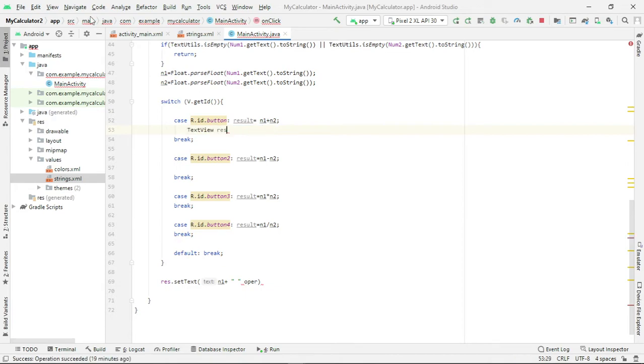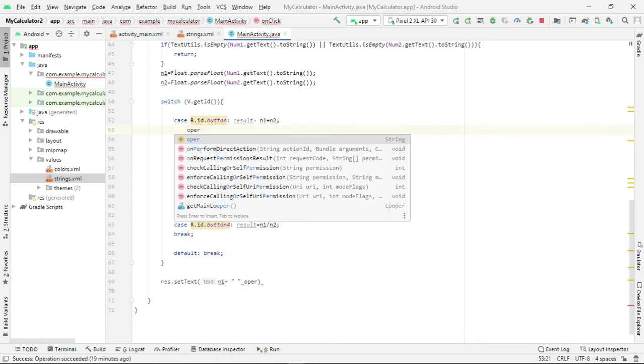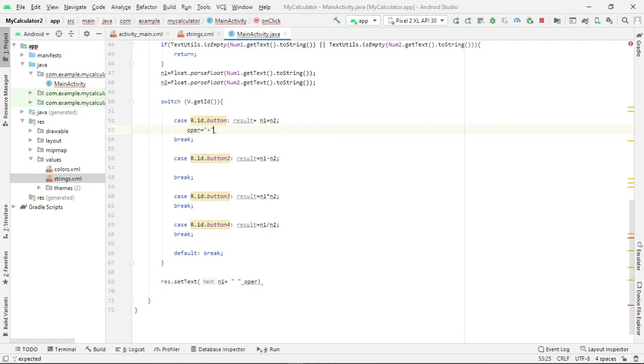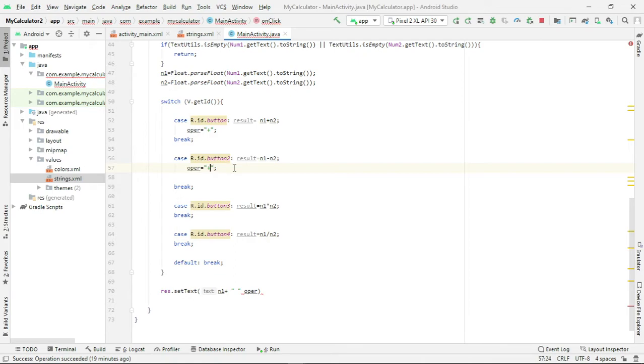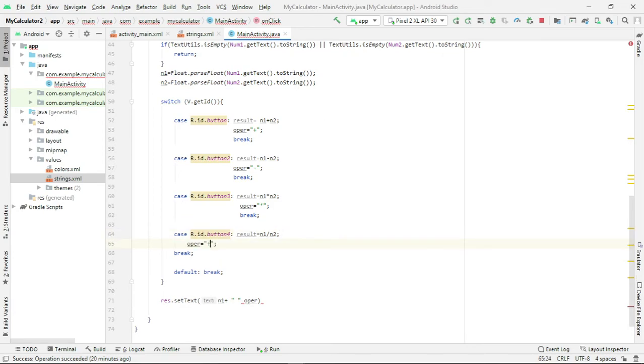Then operator is minus for subtraction, and operator is multiply for multiplication, and for division, divided by.